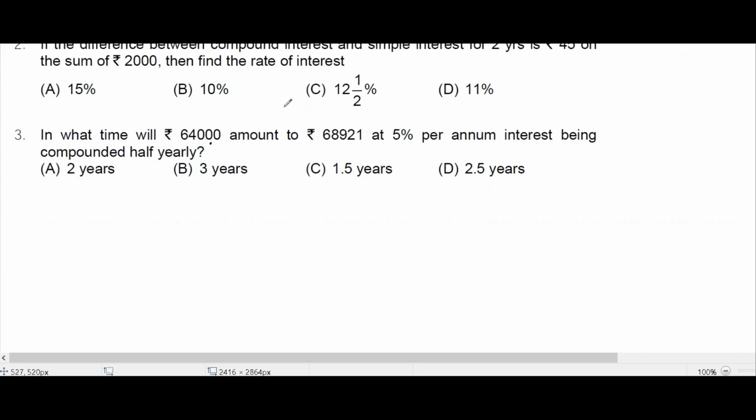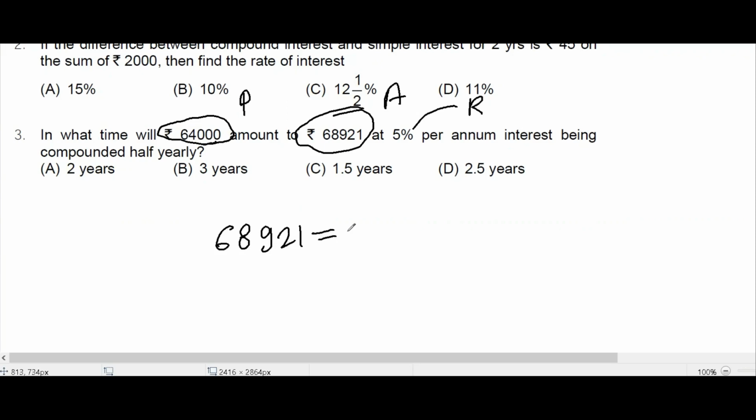So this 64,000 is nothing but your principal. And what is this? This is your amount. And what is this? This is your rate. So you have to apply the formula of compound interest half yearly. I am writing directly: A is equal to P, that is 64000 into 1 plus R upon 2, then upon 100,